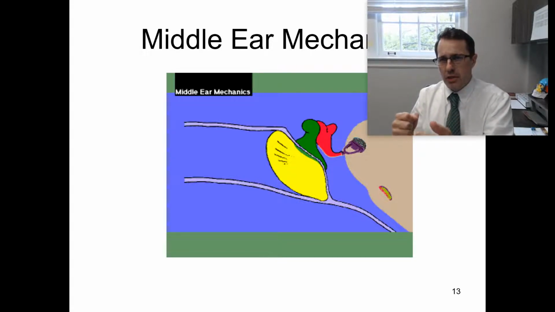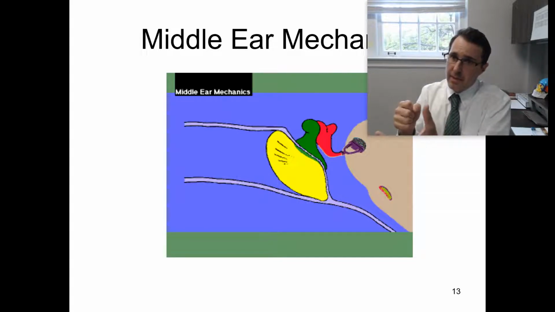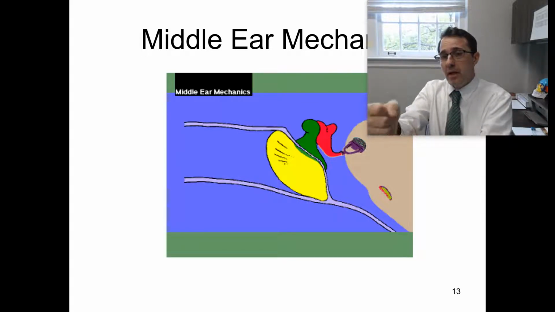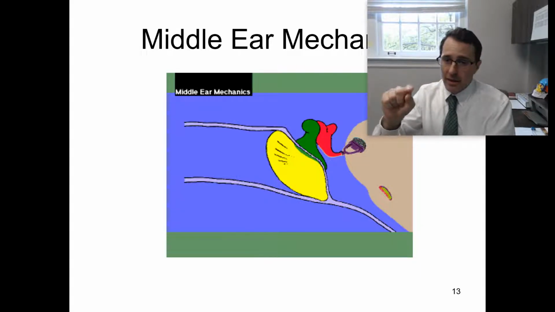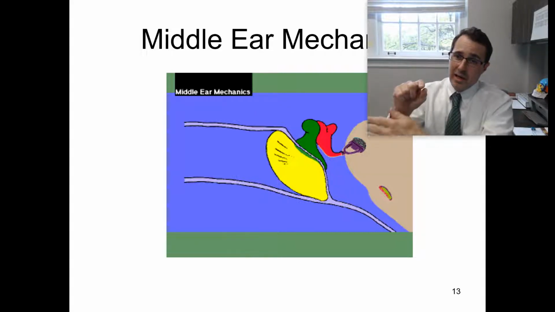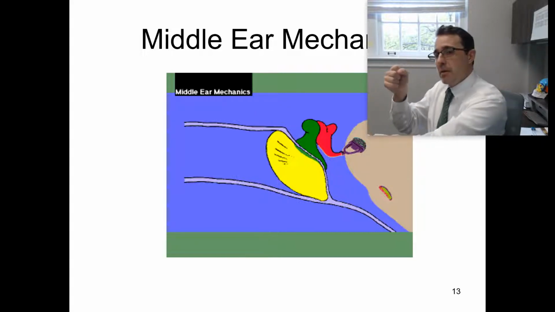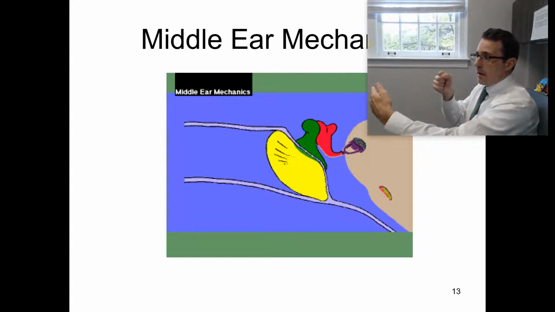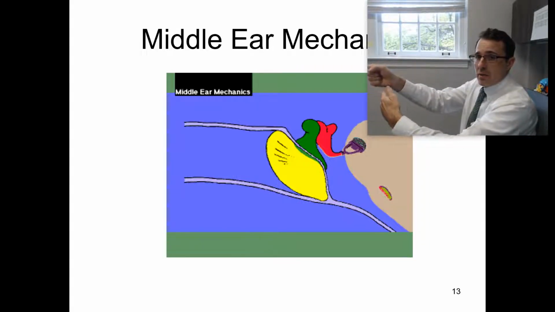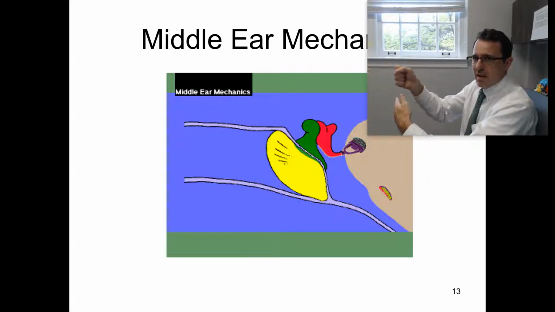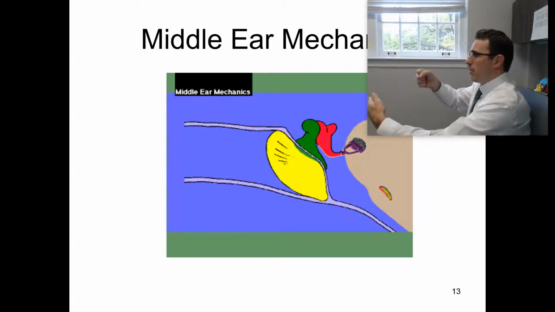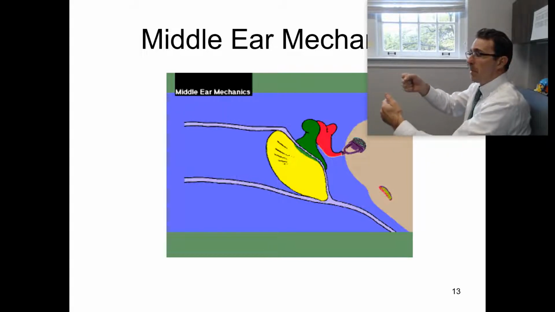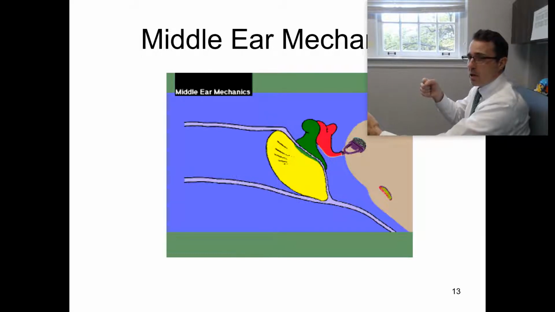But the positive pressure that is created when the stapes pushes in at the oval window is going to be released at a little opening below the oval window that is known as the round window. So when the stapes pushes in on the oval window, you see the round window bulge out because of the positive pressure the stapes is creating. And when the stapes is pulled back, you're going to see the round window be pulled back in due to the negative pressure within the fluid within the cochlea